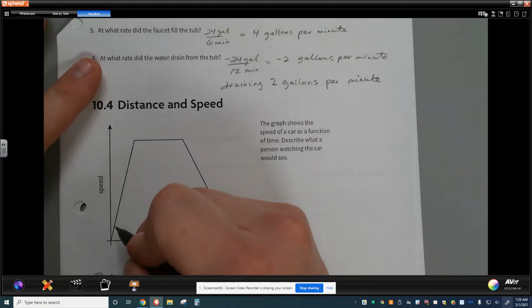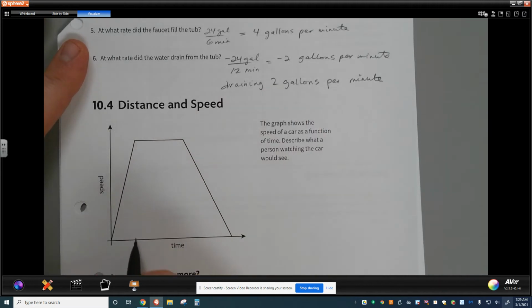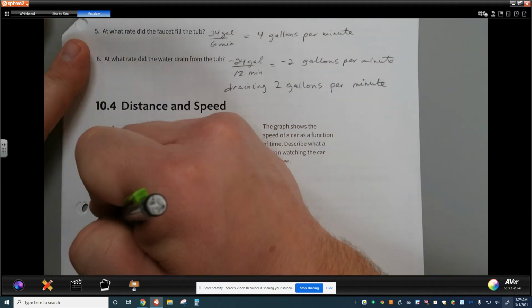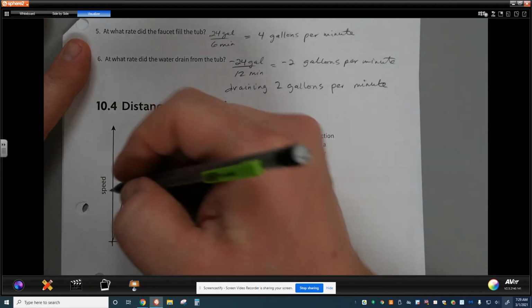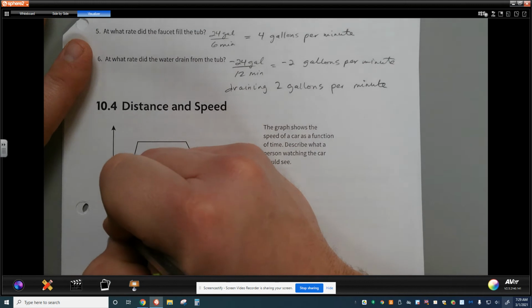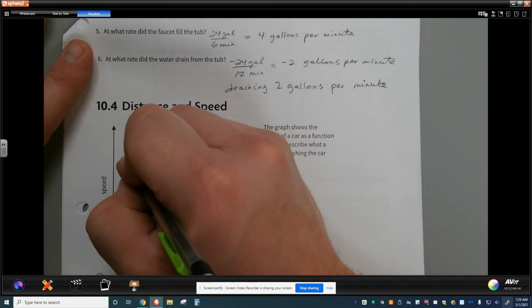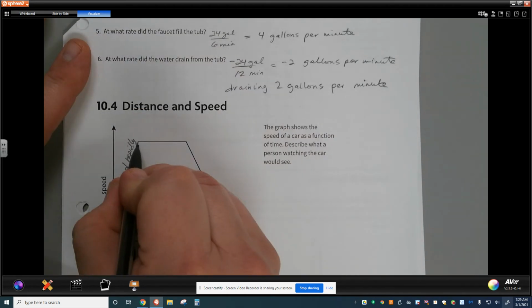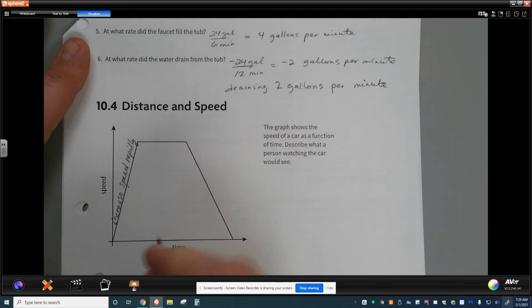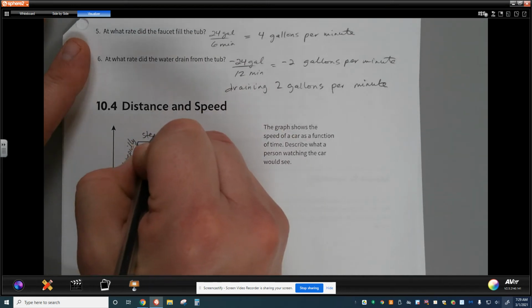Well, what I would see right here, I see a pretty steep slope. I see the speed is increasing over a relatively short amount of time. So I would say this person was stopped here at the beginning and increased speed rapidly. And then right here at the top, it flattens out. That would mean that our speed over time is maintaining the exact same. So we would say this is a steady speed